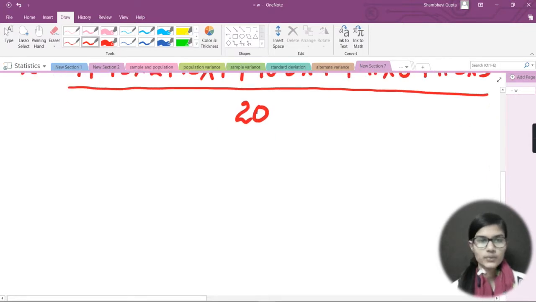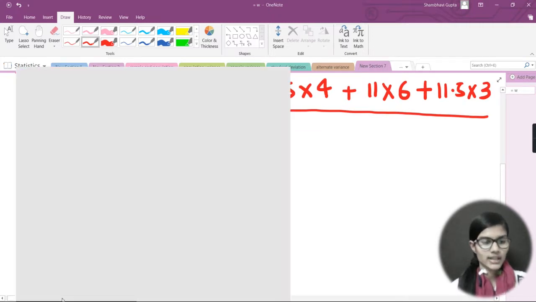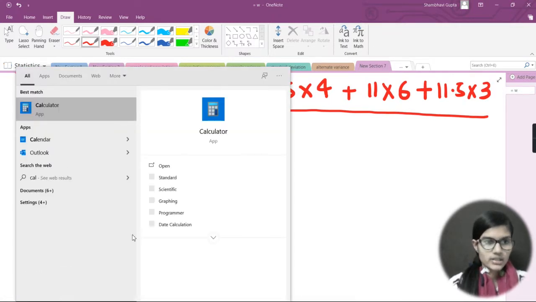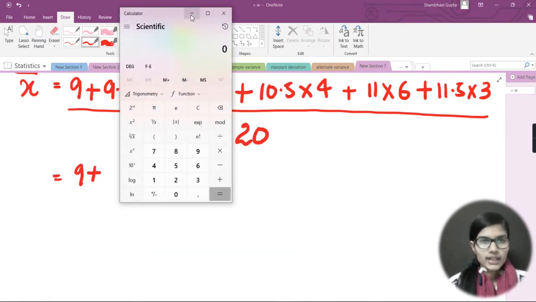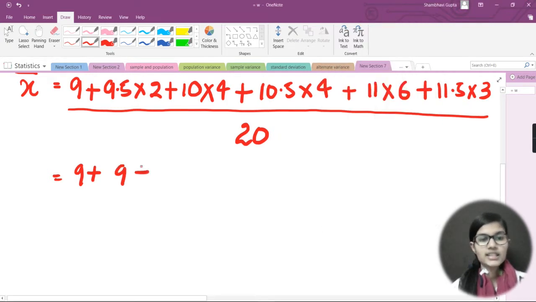Fine, now let me go downside and let's quickly calculate the things that are here. I would write 9 plus this 9.5. For that, let me open the calculator. Fine, so here I have my calculator, and what I would do is 9.5 multiplied by 2. Here I just got 19, plus 10, plus